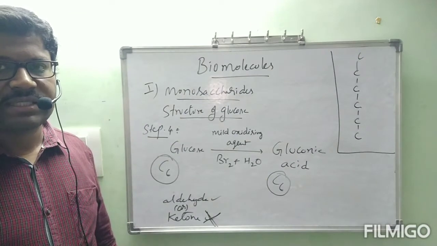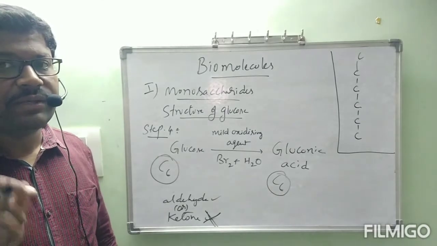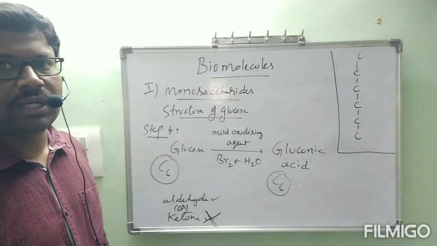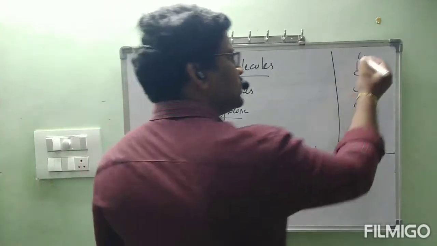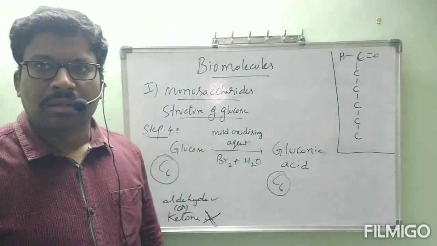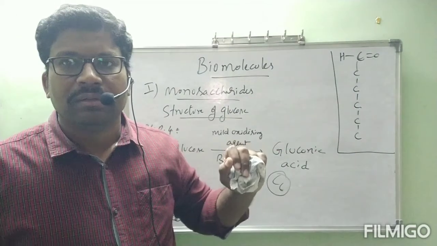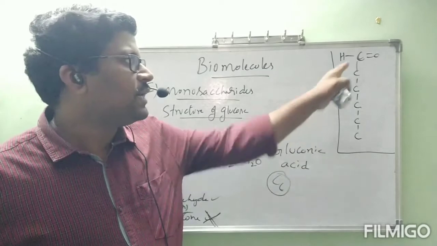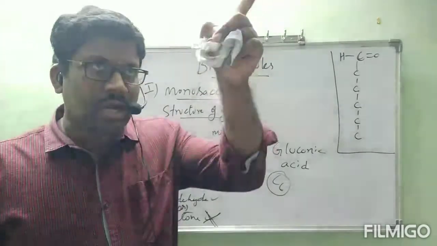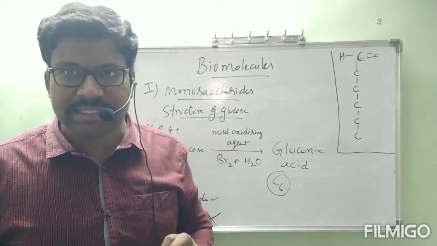So what is that C double bond O group present in glucose? That is aldehyde. Aldehyde group is nothing but C double bond OH. It must be present on the last carbon atom or the first carbon atom, so I fixed that position of C double bond O here or here. Either is the same, na? Because if you write here, we start numbering from here, and it is first position only. If you write here, from here we have to start numbering. Is it correct? So I started this. First step, we got straight chain carbons. Second step, we got C double bond O presence.